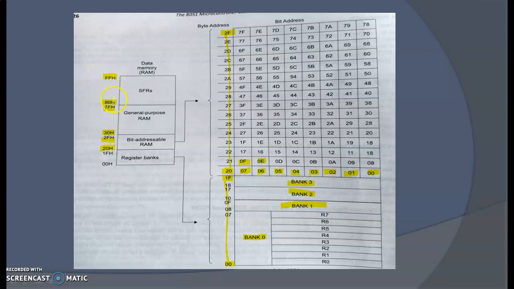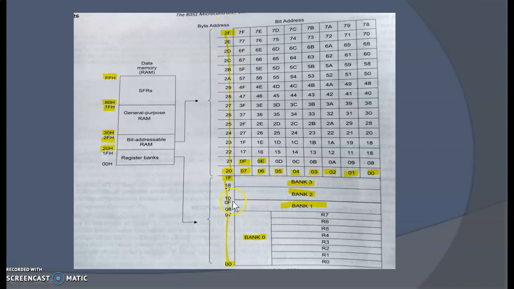These memory locations are reserved for special function registers. These special function registers are used for controlling the different peripherals of 8051. Okay, so this is about the memory organization of 8051.